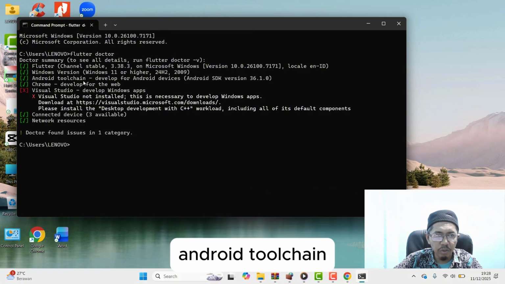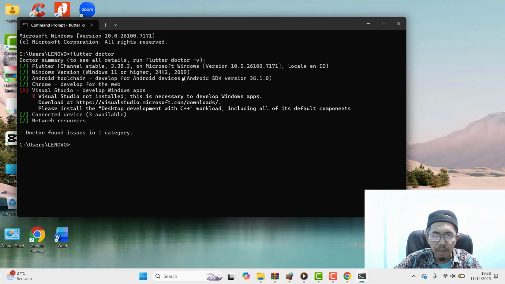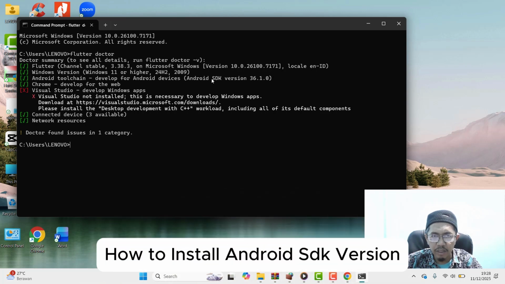Here, Android toolchain, Android SDK version 36.1.0 is already installed. How to install Android SDK version